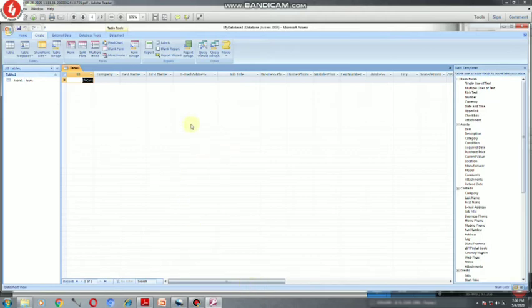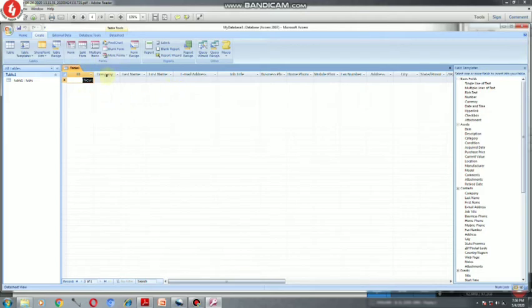Now in table template, the view that you are getting right now is called datasheet view. Now in datasheet view you can do lots of things, like you can delete the fields which you do not want, or you can insert new fields, you can rename the fields. Like that you can do lots of things using table datasheet view. Now I'm showing you how to delete the fields.